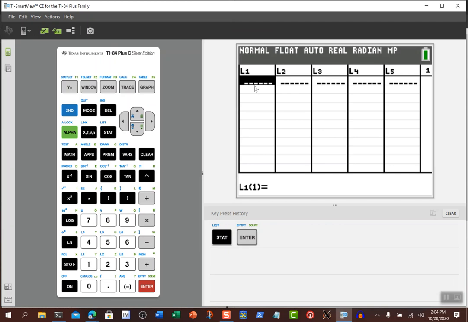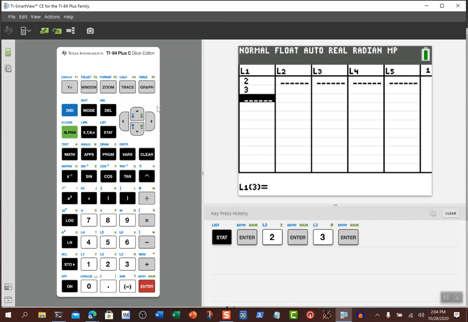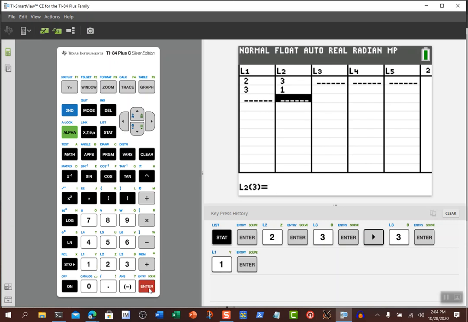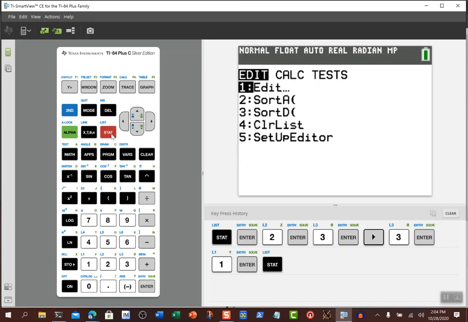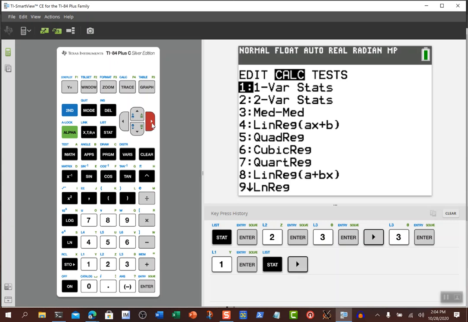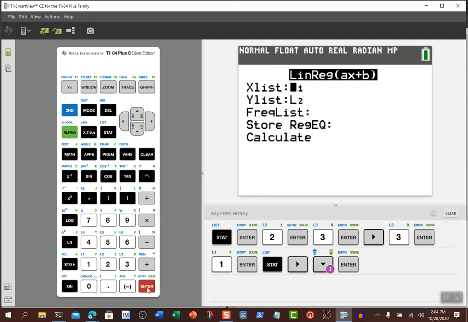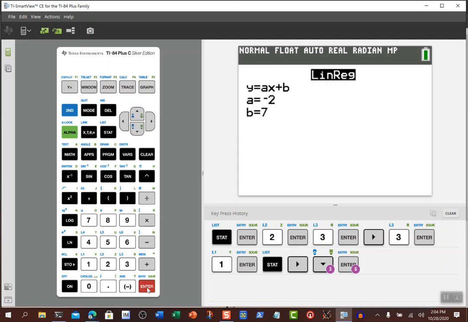So I would type, over here I'd type 2, enter, 3, enter, and then I'd have to hit the right arrow, and then it's 3, enter, 1, enter. Now I hit Stat, go over to the Calc menu, and then I've got to remember that it's this one, 4, and then I got to hit Enter, and now I got to hit Enter like 5 more times, and